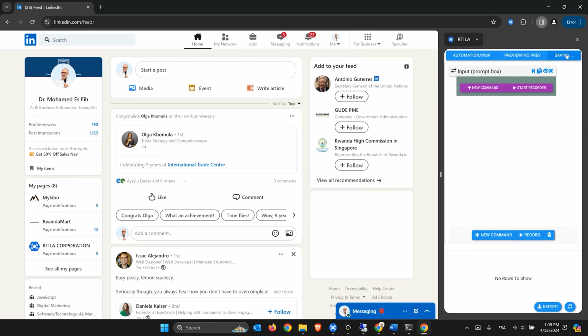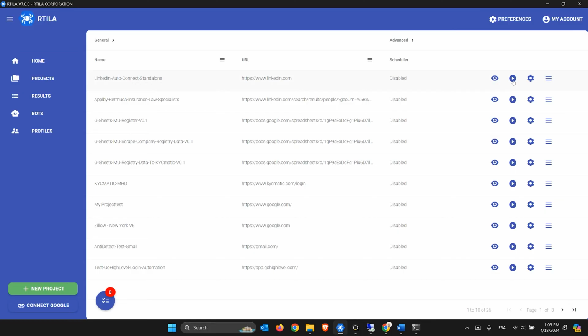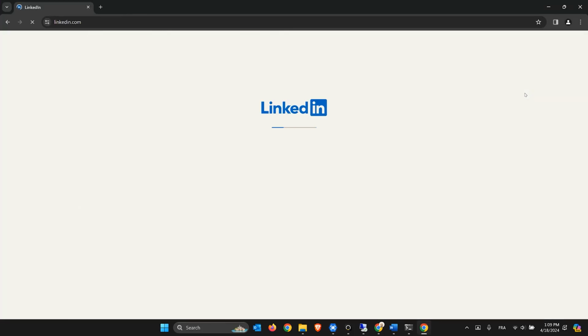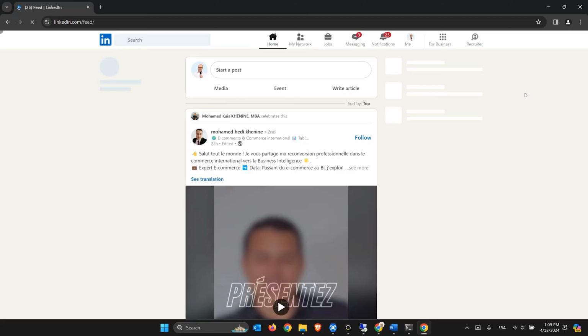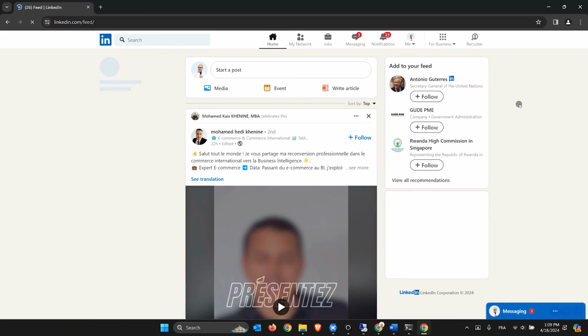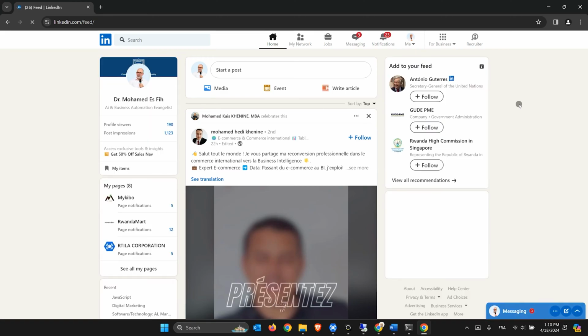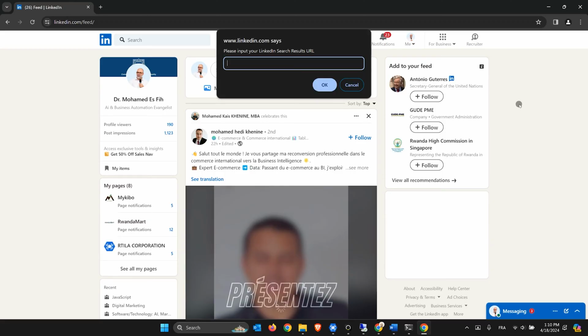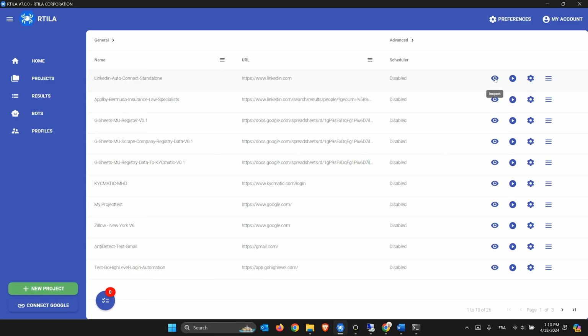And we can test that actually. We can just test it right now. So I save it. Now if I run it as an automation, once it loads the page, and again here you see that it's piggybacking on my login session, and it should pop up with the input request from the user to get the URL. You see there? And then that's where the user will input the URL. So this is just to show you how it expresses itself on the user side. Okay, so now I will reopen the inspection,